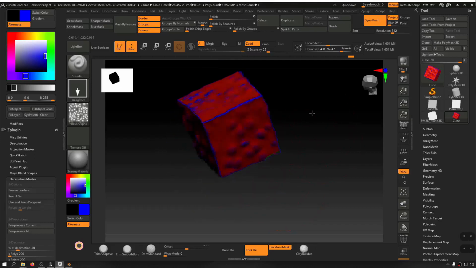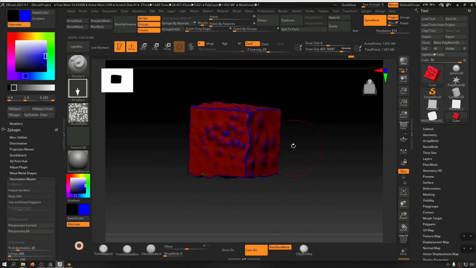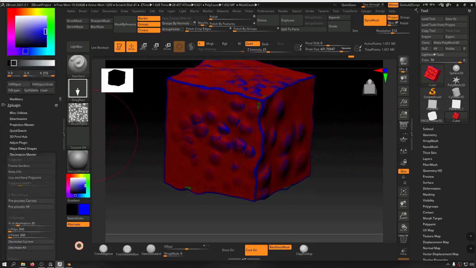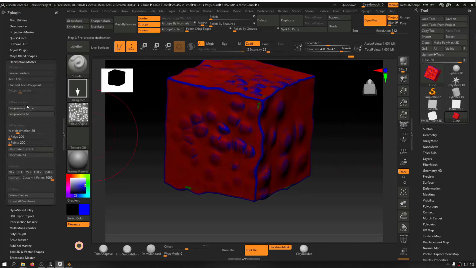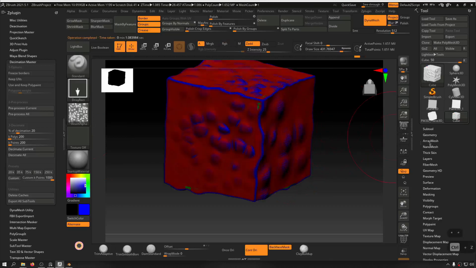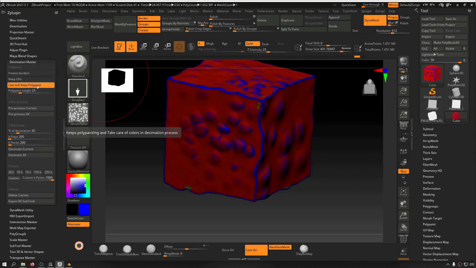And if you create vertex color data in here, which is in the form of polypaint, and you want to then decimate it and import it into Unreal Engine, you should have in mind that if you start to decimate it, it's going to lose any information that you have in here. And to keep that data, you want to come into this decimation and use and keep polypaint. If you enable this and then pre-process and then decimate again, now it has kept the polypaint and vertex color